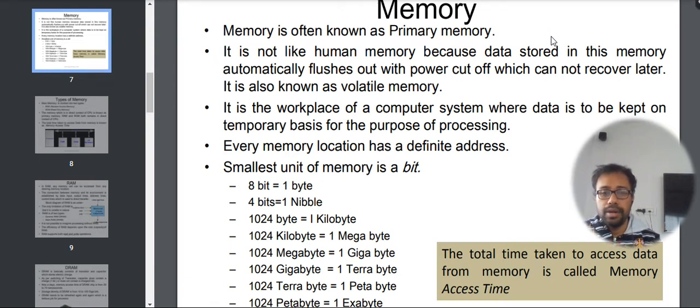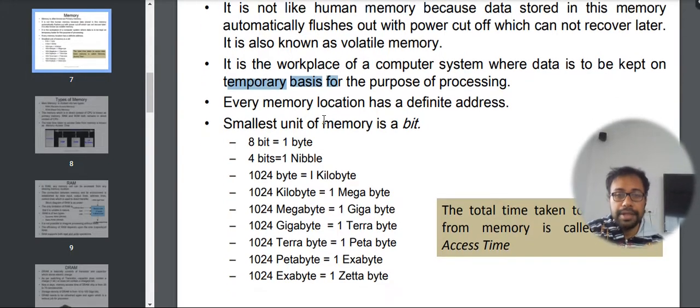Now, memory is the workplace of the computer system, where data is kept on a temporary basis. So, primary memory is that particular memory where data is present but only temporarily. The memory locations all have a unique address. The first unit is called bit, and similarly, you can see the structure here: 8 bits is equal to 1 byte,